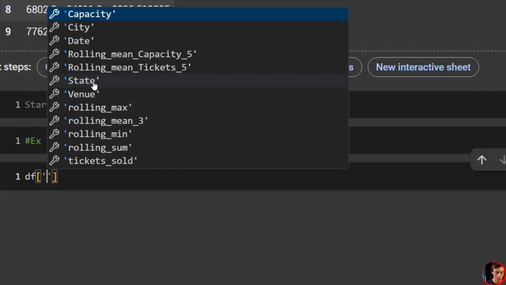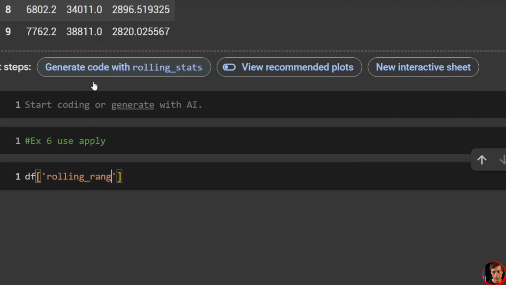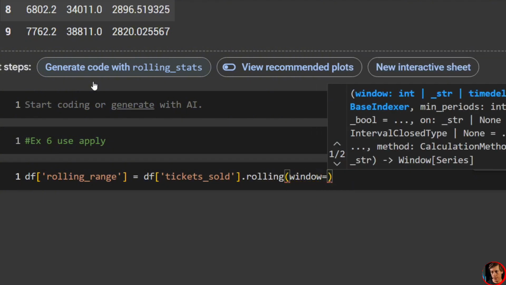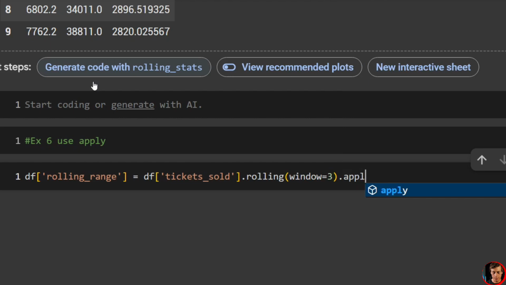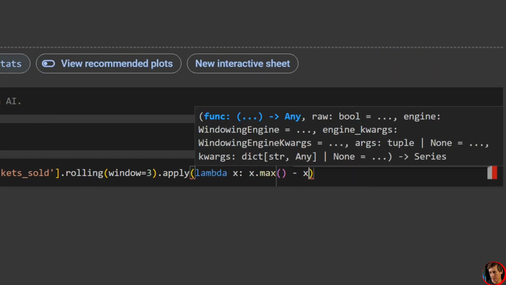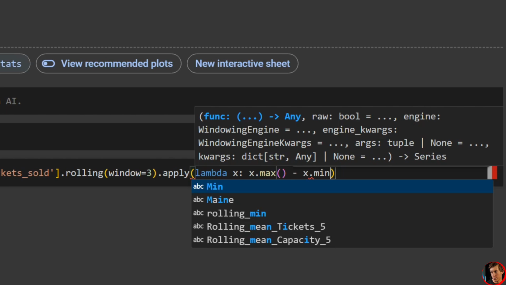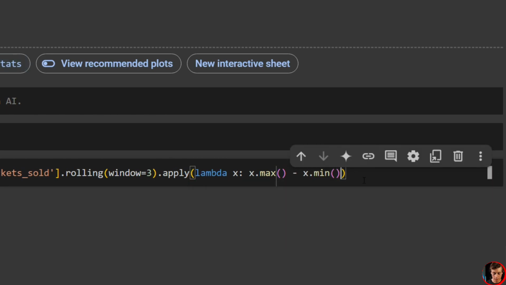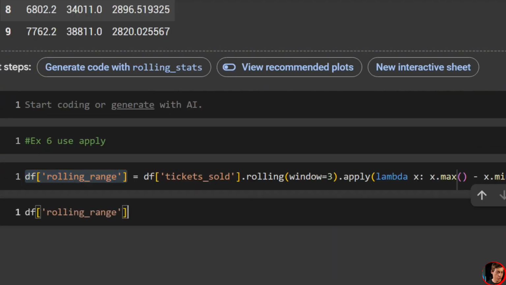So what we're going to do is create a range. So we'll say rolling range, and we're going to say this is equal to df tickets sold. And again, we'll say rolling, just do window equals 3, and do dot apply. So dot apply, and then write a Lambda function. So what we'll say in here is a Lambda x. We'll say x dot max minus x dot min. And what we'll do now is just take a look at what this looks like. So for the rolling range,